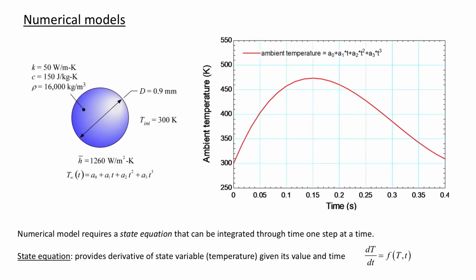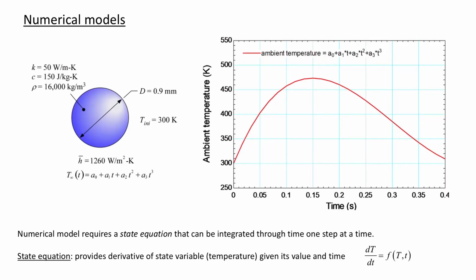All right, so let's resume where we were talking about numerical models. Again, just remembering the problem that we have. We have this sphere, and we've dropped the sphere in at some time. We introduced a transient boundary condition where the ambient temperature is changing as a function of time. And we're trying to solve a model where we just predict the temperature of this body as a function of